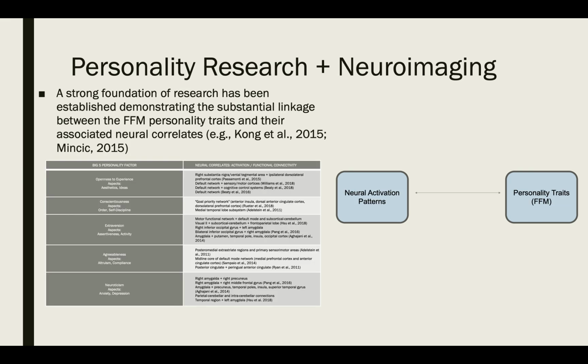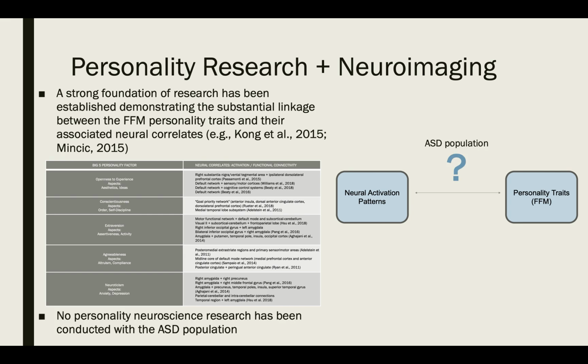Taking on a different lens, there have been decades of research which identify the neural correlates that pertain to each of the five personality factors in the five-factor model. For example, past studies have shown a relationship between extroversion and frontal cortex activation. However, this research is primarily done on the normative adult population, and to my knowledge has not been conducted with